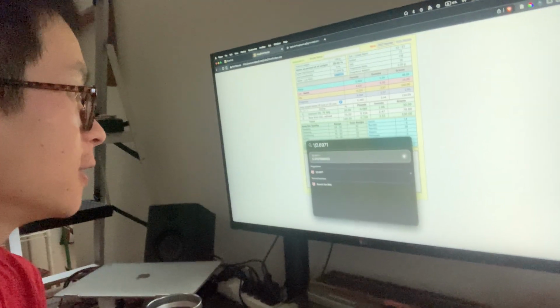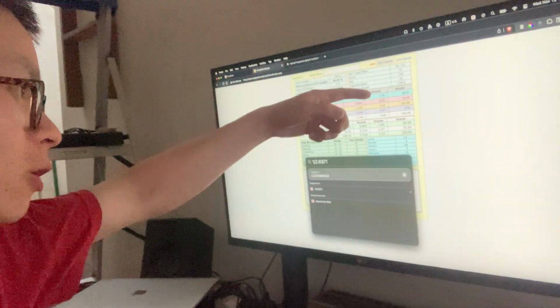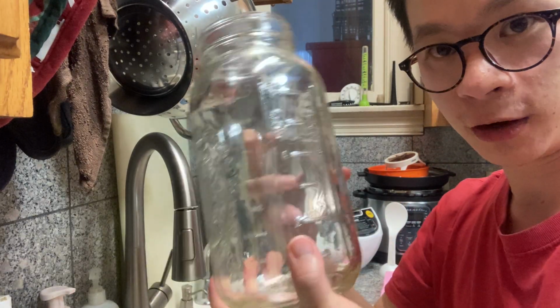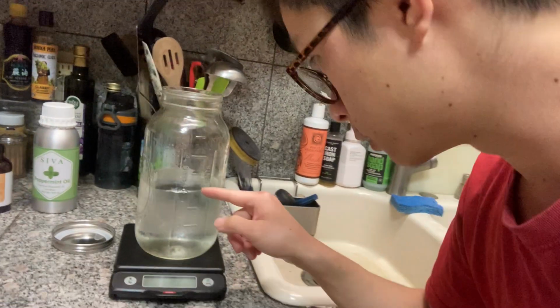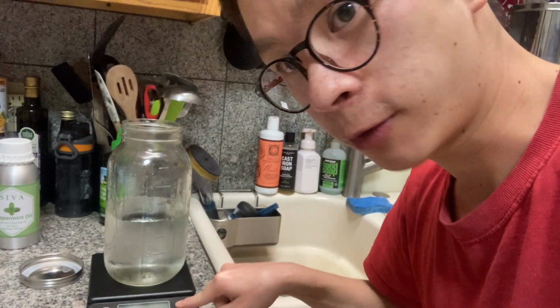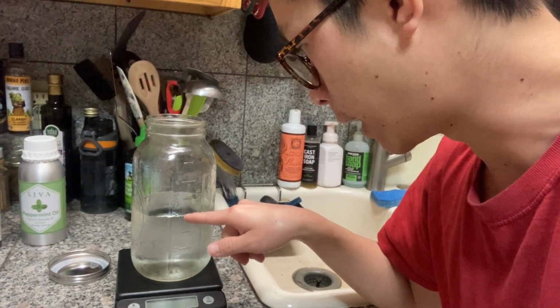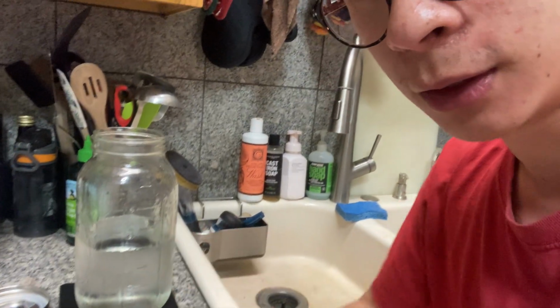I am confident that we are going to add just a quart of water, and then we'll figure out the lye later. Okay, so a quart is 4 cups. I'm going to fill this up with 4 cups of water. All right, so here's the 4 cups of water. I have a scale here. Batteries are dead right now, so I've got to put in new batteries. And then I didn't actually measure the weight, so I'm going to have to get the weight of the water and